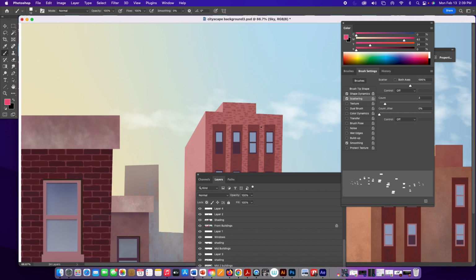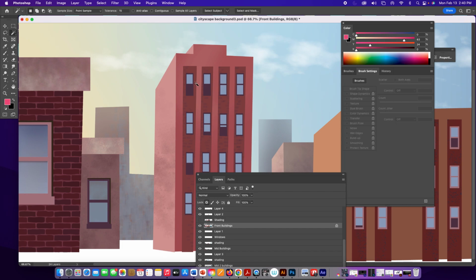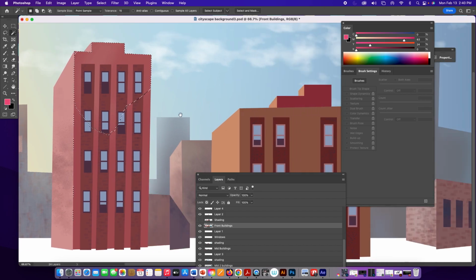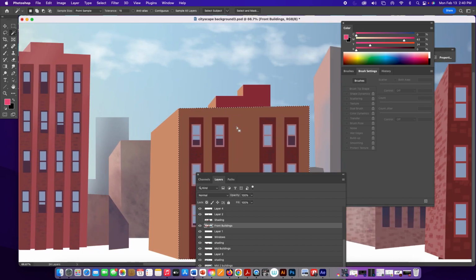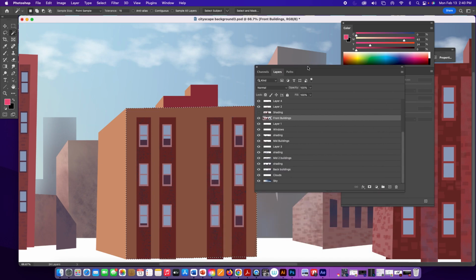Okay? And so, if I'm going to paint on something, what I would do is, like for this building here, let me just select it. I'll use my magic wand because I can select areas. Oops, I've already painted on that part. But let me go to, because some of these are painted on. There you go. So like if I was going to paint on this, typically I might paint directly on it,